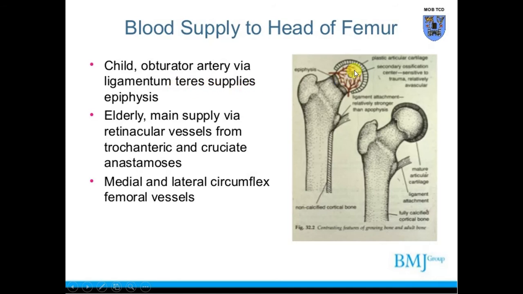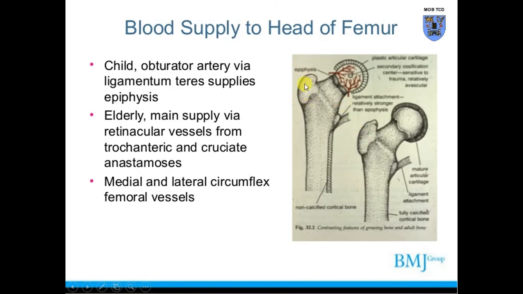It supplies the epiphysis. So if the obturator artery is blocked or damaged, that will damage the blood supply of the epiphysis. In the elderly, the main supply is via the retinacular vessels from the trochanteric and cruciate anastomosis